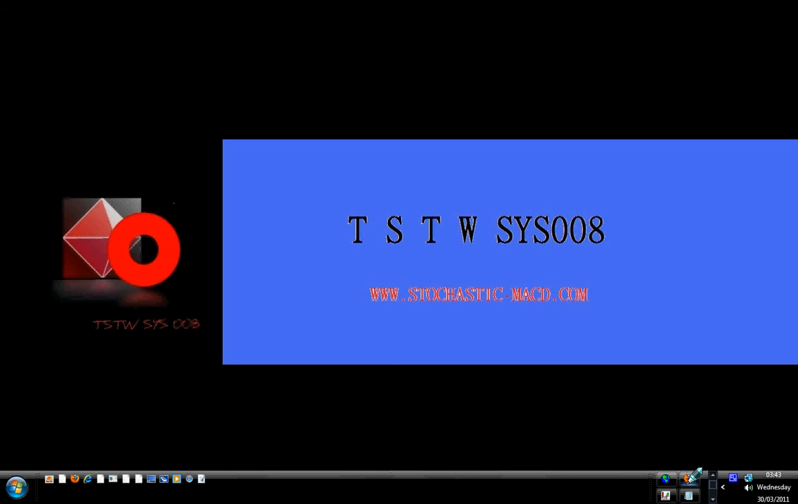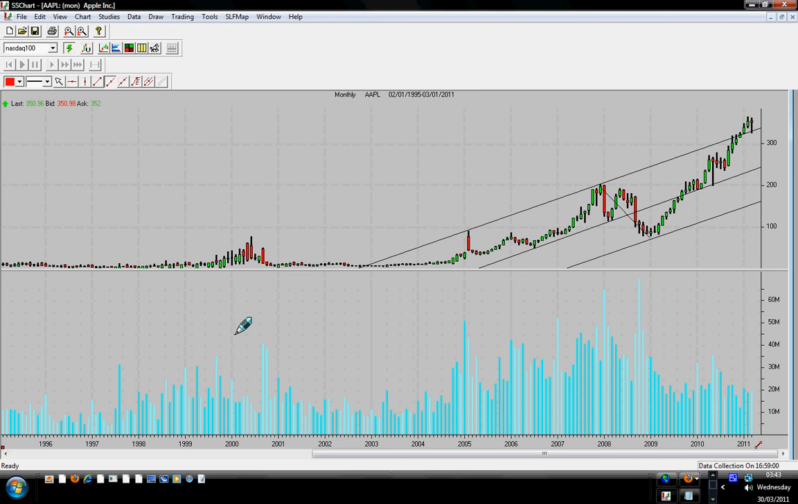We want to look at the Apple stock, one of the leaders in the market. So let's get started now. This is the monthly chart of Apple stock. Apple computers with excellent products. The iPad 2 has been released. Excellent product. But looking at this monthly chart,